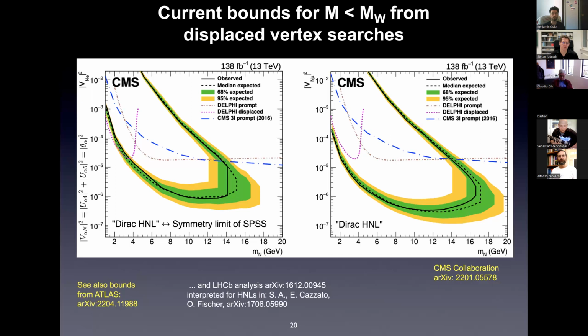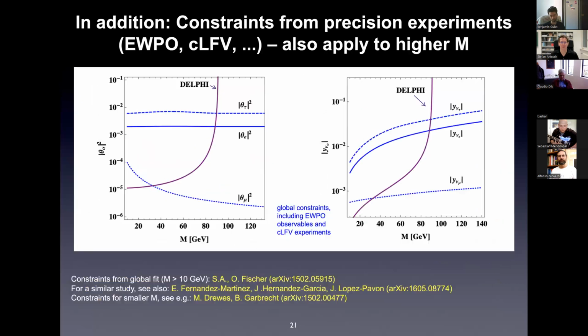When you want to search for them at higher masses, then precision experiments become very important. For instance, electroweak precision observables give you constraints on these active-sterile mixing angles, but also charged lepton flavor violation is very sensitive. And here, from a global fit, you can see constraints on this. They're particularly strong for theta mu, but then also for theta e. Theta tau is the one that is least constrained